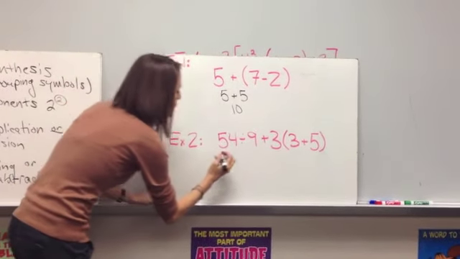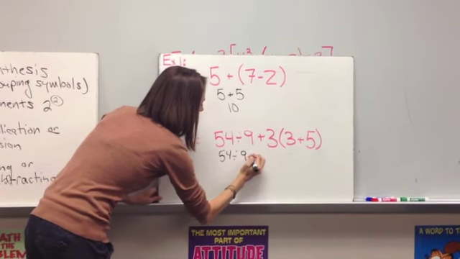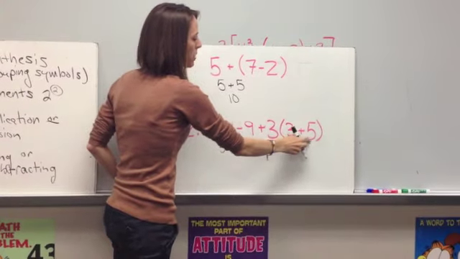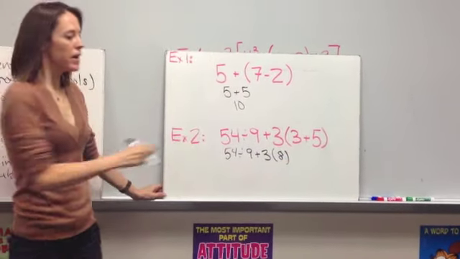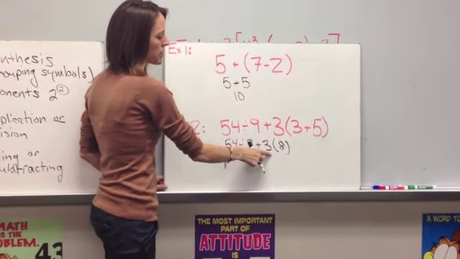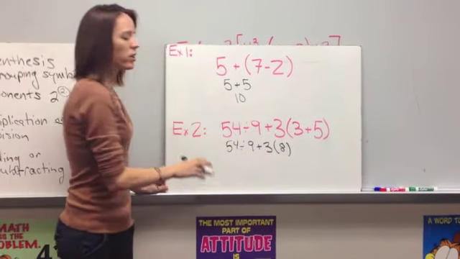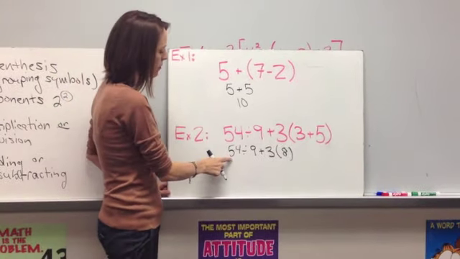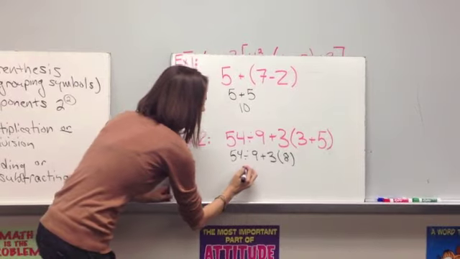So what you want to do is rewrite everything that doesn't change. Okay, and then 3 plus 5 is 8. Okay, now I know these are parentheses right here, but since there's only one digit inside, this actually means multiplication. So now you're going to go from left to right, and you're going to do any multiplication or division when it shows up. So if you start here, the first thing you see is 54 divided by 9, which is